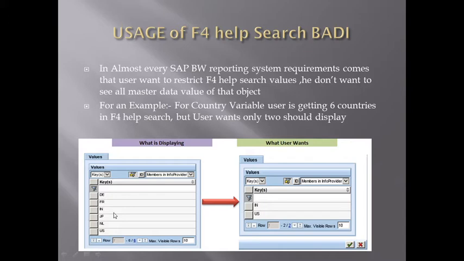In some reports the country is a variable. In this country variable, when the user goes for F4 search help, he gets a lot of master data. We can say 15 to 20 countries come up in this F4 help search. Basically this F4 search help takes data from the master data of that particular InfoObject. But the user requirement is that he just wants to see only four particular company codes or four particular countries, whatever the InfoObject is.